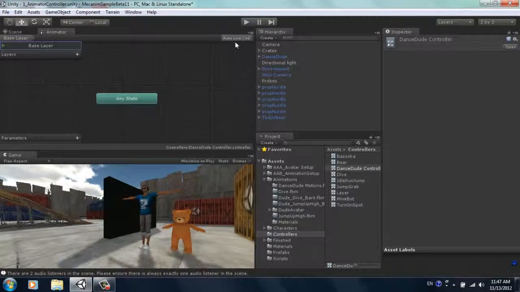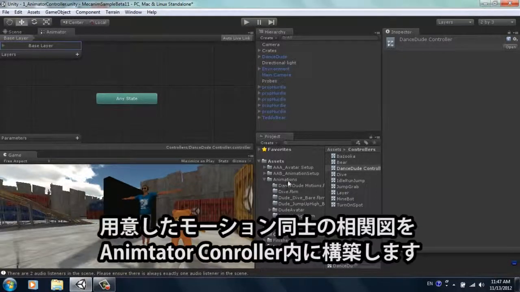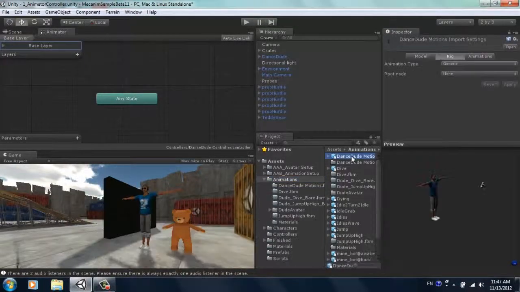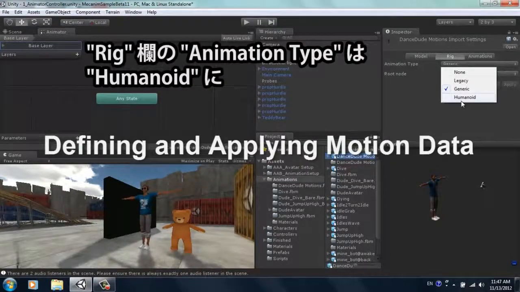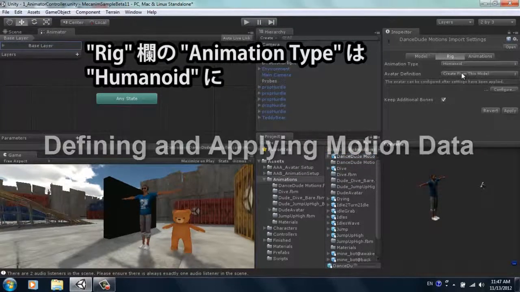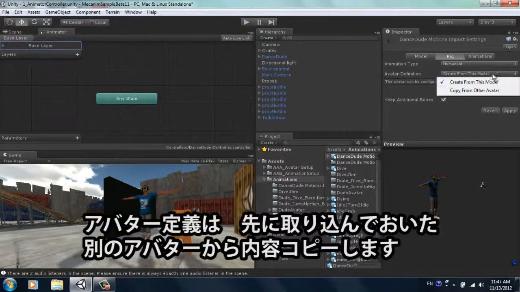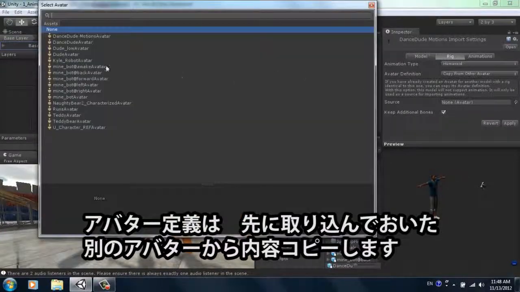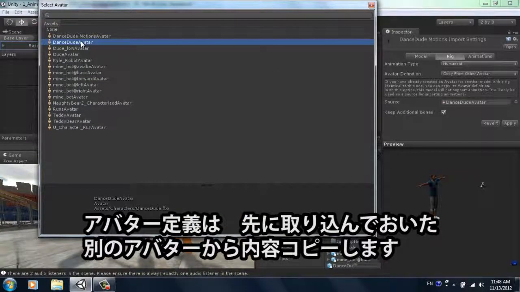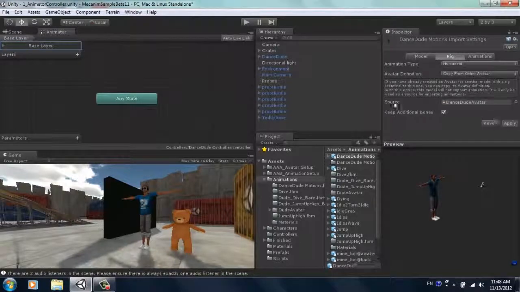So what I want to do first is take one of these motions and apply it to my character's animator controller here. So in animations, I'll select Dance Dude Motions, and I want to make sure that these are all set to humanoid, and that they're not created from this model, they're copied from another avatar, which is the avatar that I just defined. So I'll select the source as dancedude.iavatar. There we go. And then just apply that quickly. So that means that all of the motions that I imported in will be retargeted to that particular avatar